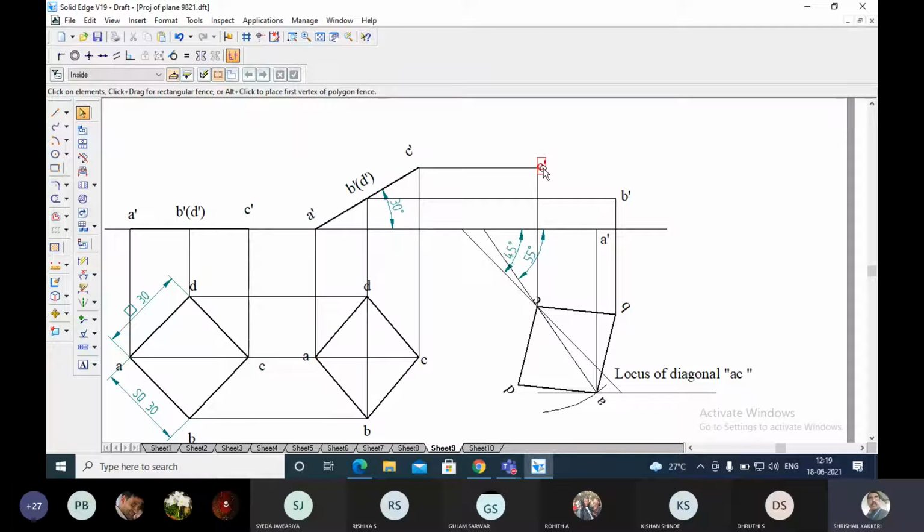Okay. Move anywhere. You can keep anywhere. Okay, and similarly point A, B, C and D. From D I need to draw one line. So copy this.